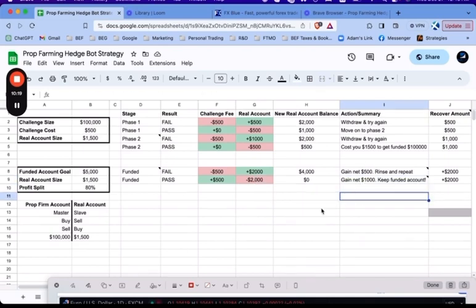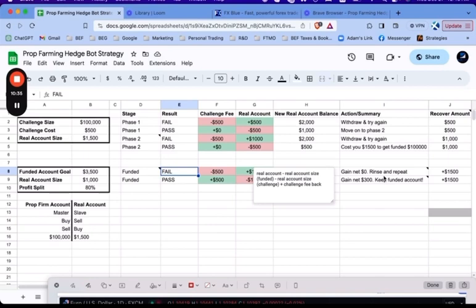But either way, you're still making money. Or you could be really conservative, and let's say you only target 3.5%, $3,500, and let's say you don't even want to put up that much. You just want to put up $1,000. Well, you could do that, and if you fail, okay, you don't gain anything, but at least you don't lose